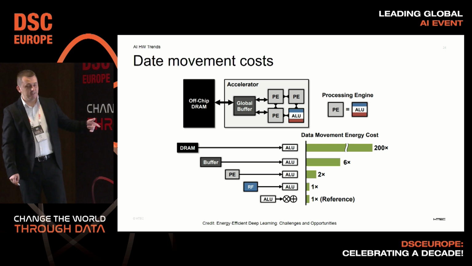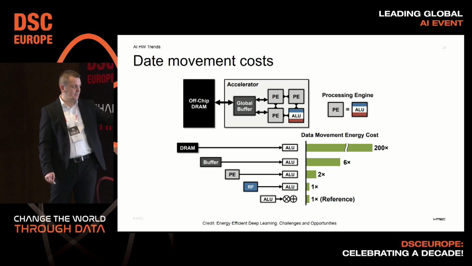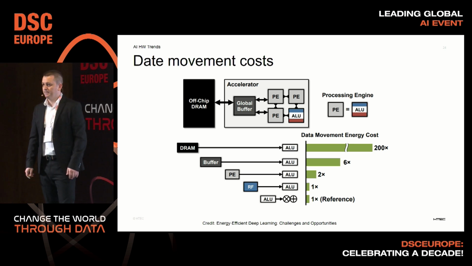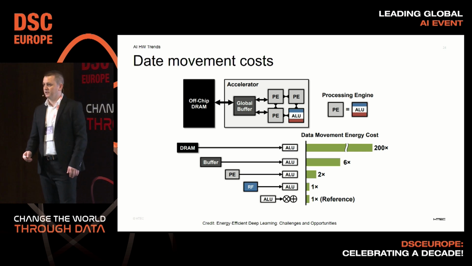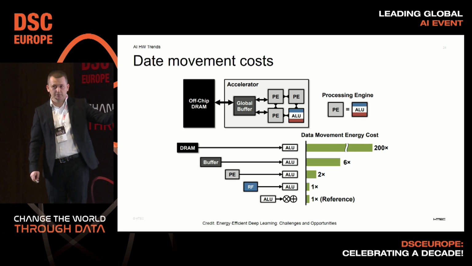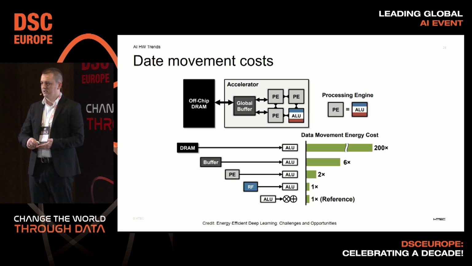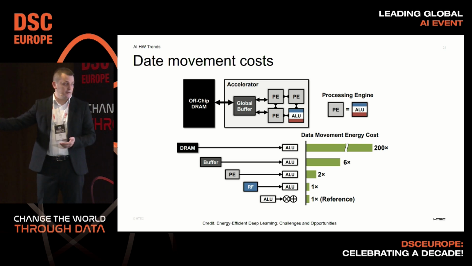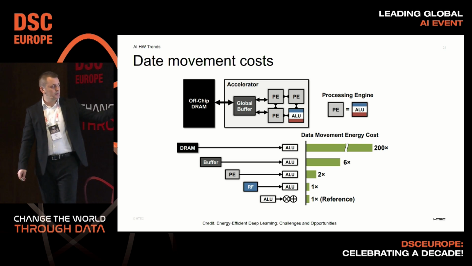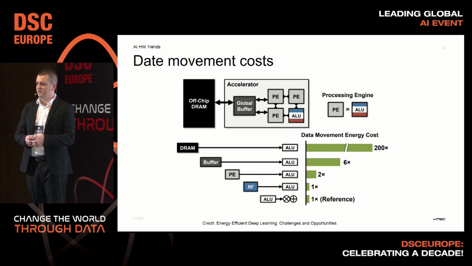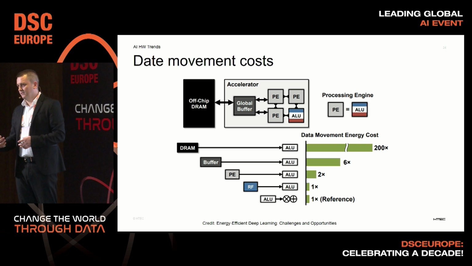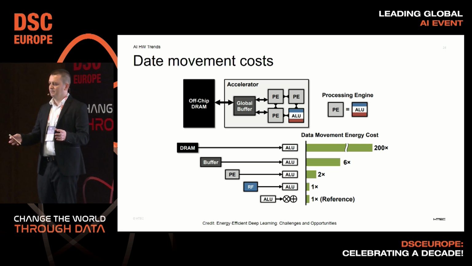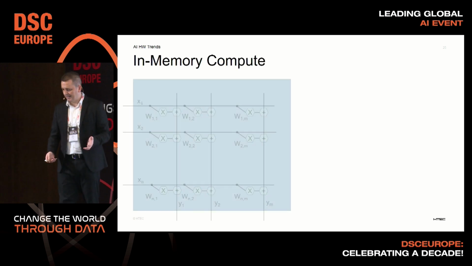So this is quite an old picture that shows the data movement cost, at least for the energy part, but also if we just append the numbers, how many cycles do you actually need to get your data from DRAM or from some buffer that is not next to your accelerator. You'll figure out that getting the data from memory or writing back to memory is the main bottleneck with LLMs.